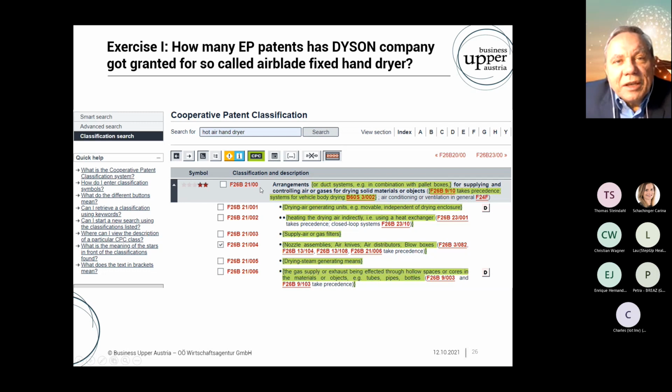But theoretically, you could also choose this higher hierarchy class F26B21/00, because this is also not really bad. But if you use this triangle to depict the subclasses, there is one subclass